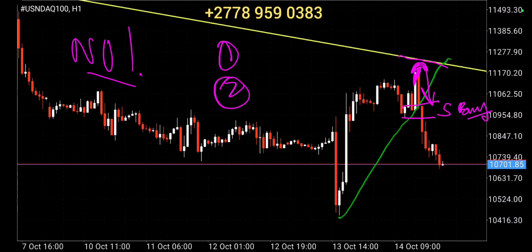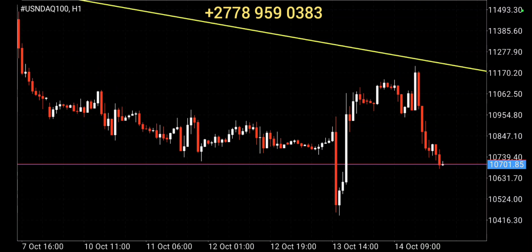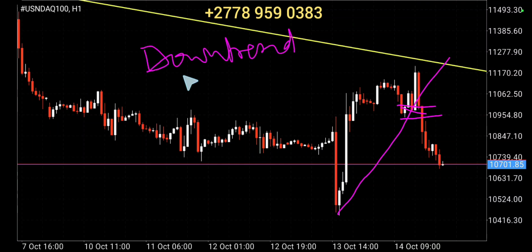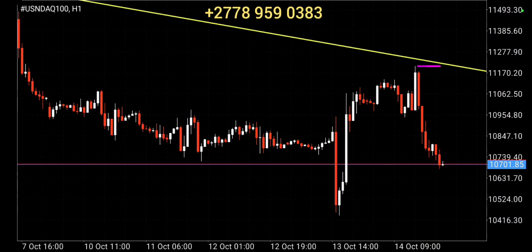So now the thing has changed. The price moved to the downside. It broke the trend line. It broke the area of support, which means your H1 is in a downtrend. Your daily is in a downtrend, your weekly is in a downtrend, monthly is in a downtrend, and all this downtrend is because of the movement that was initiated by this guy here. He's the one that pushed down, broke the support, broke the trend line.